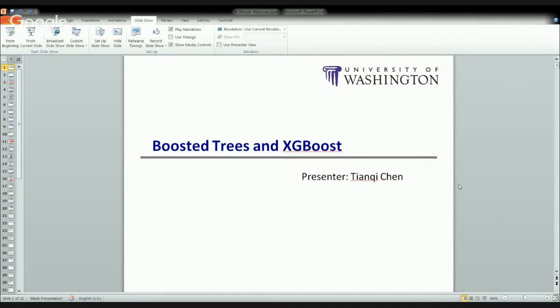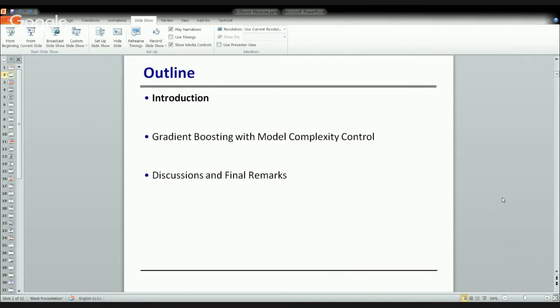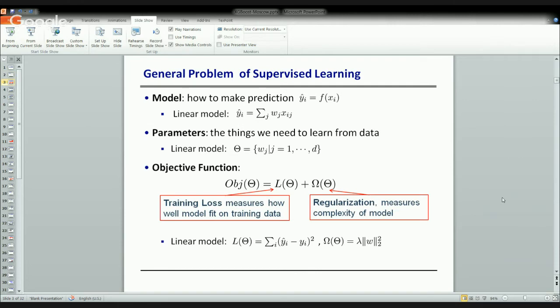Okay, cool. Thanks Alex for the invitation. Today I'm going to talk mainly about the mathematical background of boosted trees, and hopefully give some insights on what XGBoost is and why XGBoost is accurate and fast. Here is the outline of the talk. To begin with, I want to introduce some of the basic principles we use to solve these kinds of problems. Many problems in data science can be formalized as supervised learning.